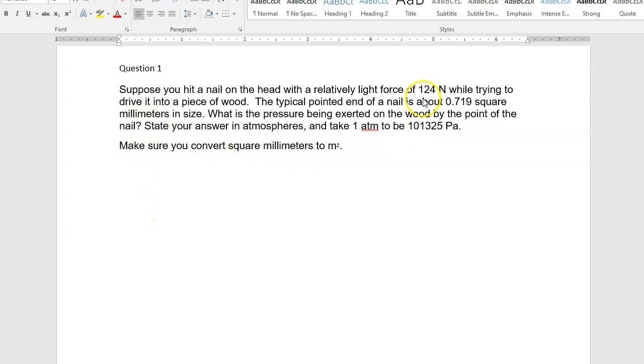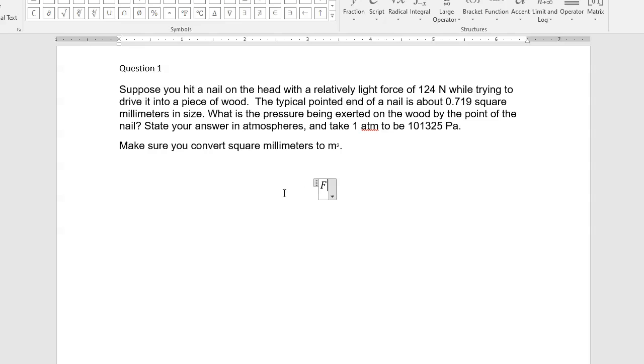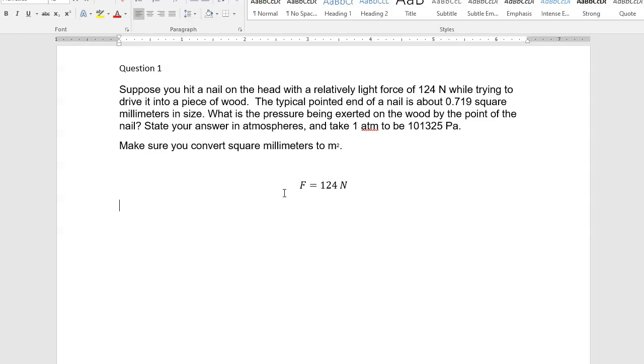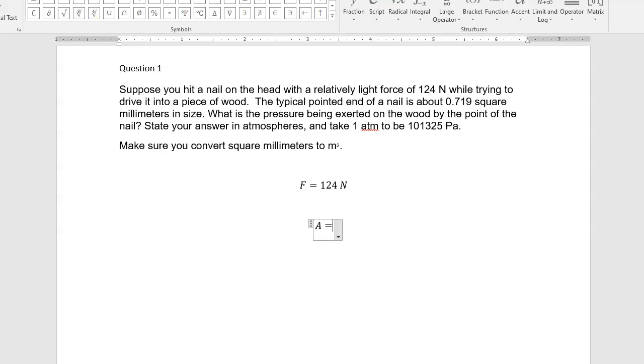Well, we're going to do newtons over square meters. That's going to give us pascals, and we have to convert to atmospheres. So let's take a look at this. So we know the force. The force is 124 newtons. And we know the area. The area is